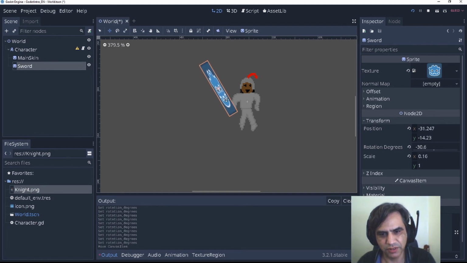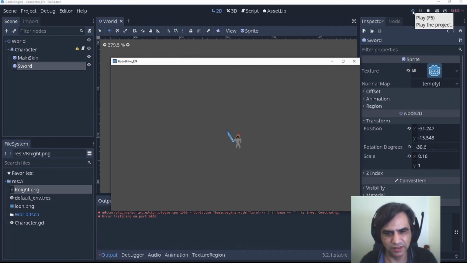Yeah, it can be something like that. It's a big sword. So if I run this, now my knight has a sword and it can move. Of course, we don't have animation, but I don't care that much. I only care to move left and right.